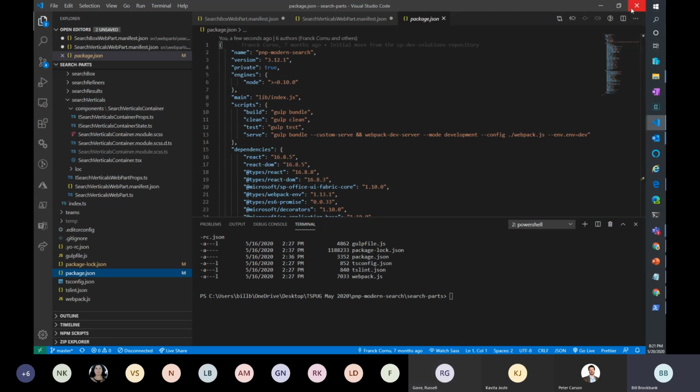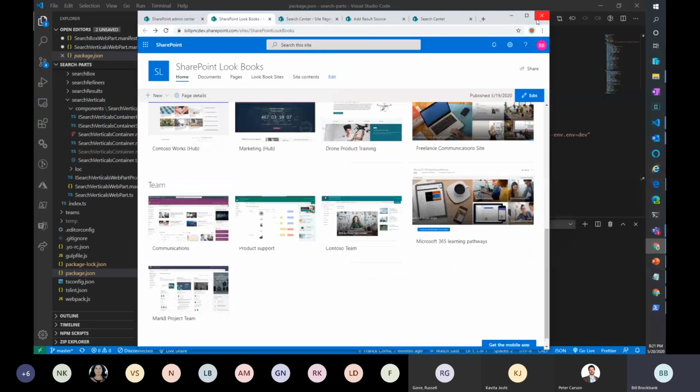I installed all the lookbooks this week, as I wanted data on my site for another use. And where did I put that one? Here it is. This one. Yeah, so I've gone and installed all the lookbooks.